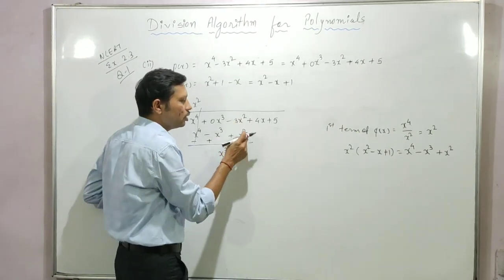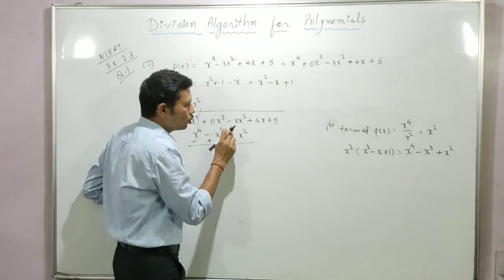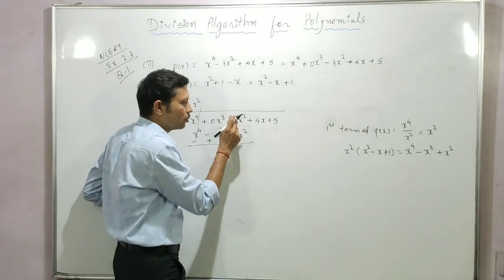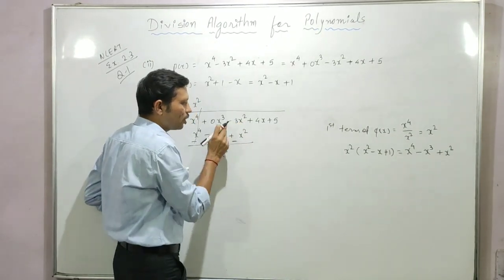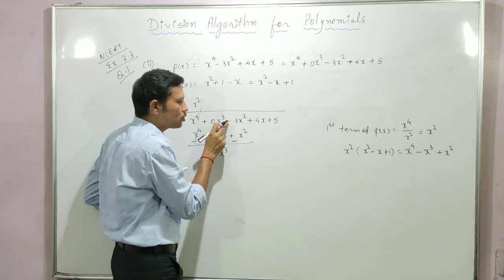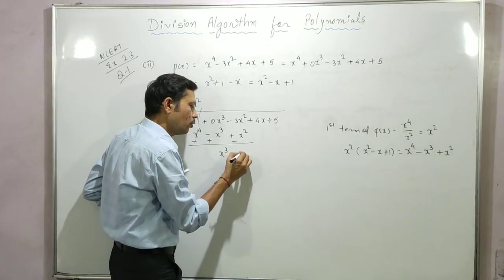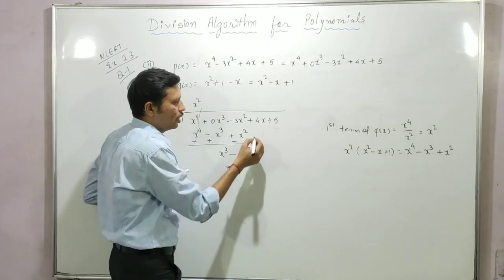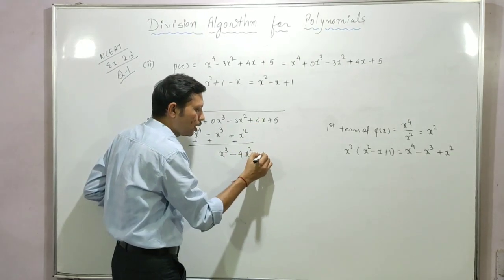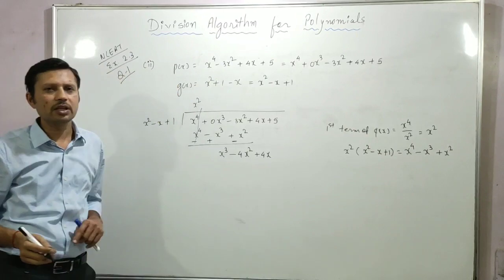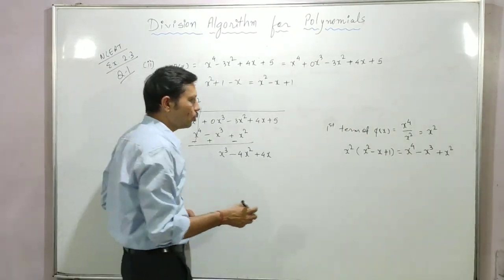Okay. Then these are again x square like terms. So it's a 3x square, it's a 1x square. Make the addition, because the sign of both the terms is the same. This one is negative, this one is also negative. So minus 4x square. Now carry the 4x here, so plus 4x.